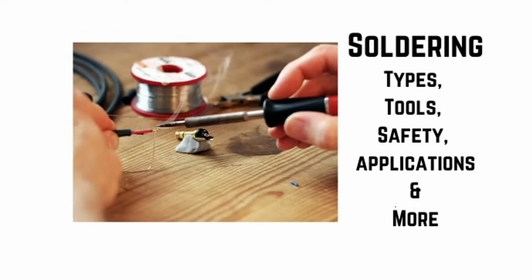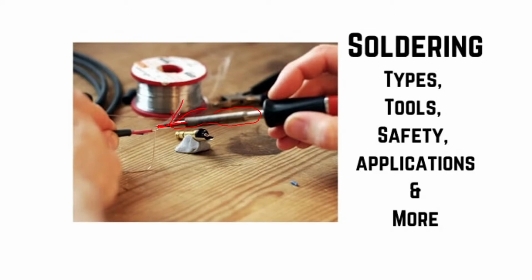Then you can see here in this picture, we have shown a soldering gun. So here you can see a soldering iron. This is your soldering iron, which can be connected to electrical supply so that it can be heated. So this is heated, and here you have the tip, which is going to touch. And this is the lead.